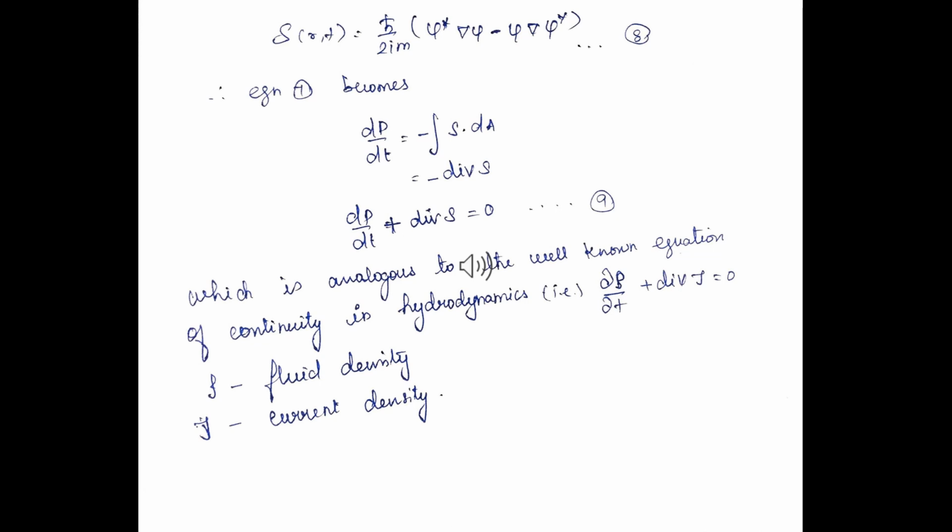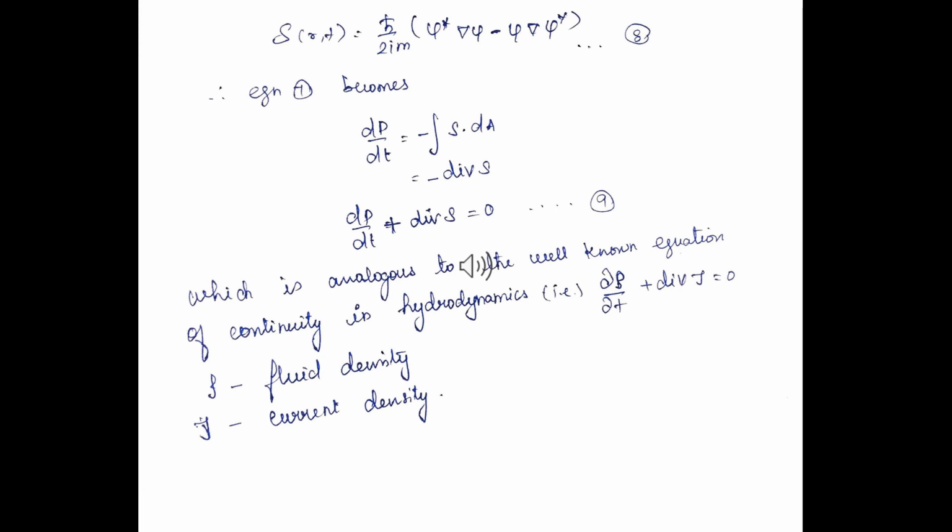See, here we can write S of r comma t as h cross by 2im into psi star del psi minus psi del psi star. Here, implementing the relation between the probability density and the probability current density, it becomes dP by dt is equal to minus integral S dA, which is given by minus div S. So it becomes dP by dt plus div S is equal to 0,